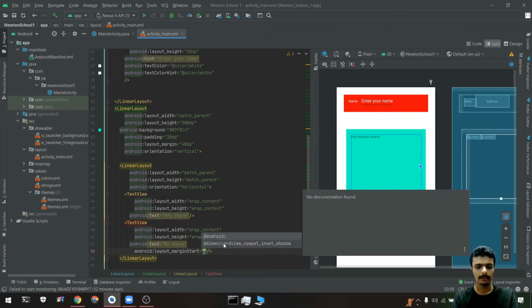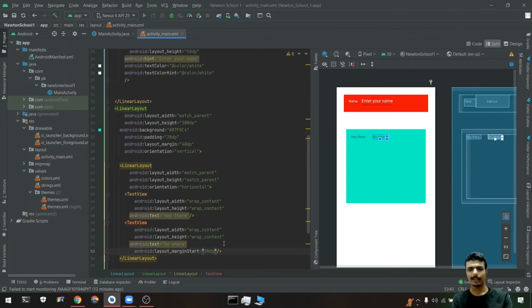Okay, so I want 30 dp. So now there is some space between them. Okay, that's fine. I also have this orientation as horizontal, and I can change it to vertical. So now it's kind of down. Okay, so let's keep it horizontal now.